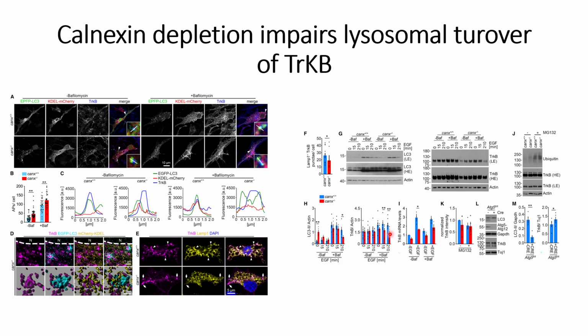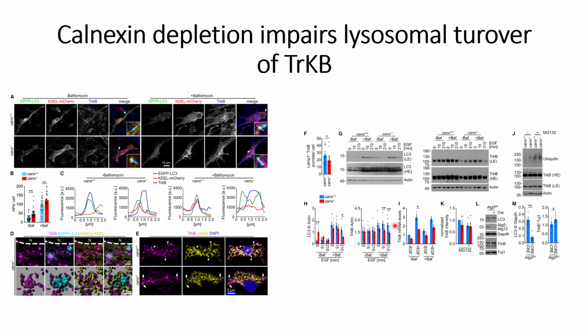Next, the second figure, panel H, indicates the TrKB levels. When no chemical inhibitors are used, TrKB levels are the same in both Calnexin depleted and Calnexin positive cells. However, when autophagy inhibitors are used, they can see statistical significance after 15 minutes and also after 4 hours, indicating that TrKB levels increased in the wild type cells. So from this they come to a point that